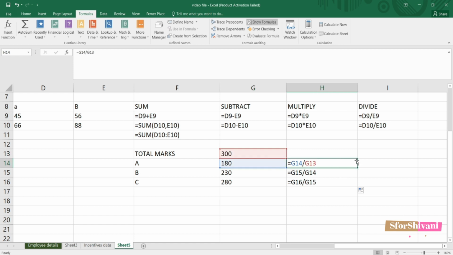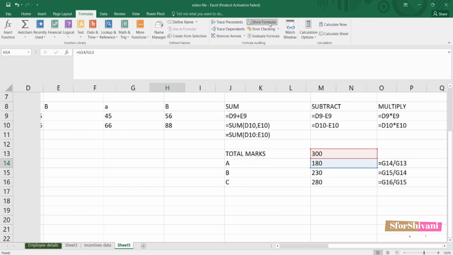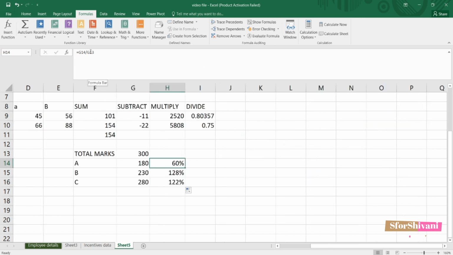So in the first place where we were typing the formula, I click on the denominator and add a dollar sign. I can do this in two ways. Either I type dollar manually or I can press the F4 key. On some laptops it works as Fn key and then pressing the F4 key. If you see, automatically a dollar sign has been added.